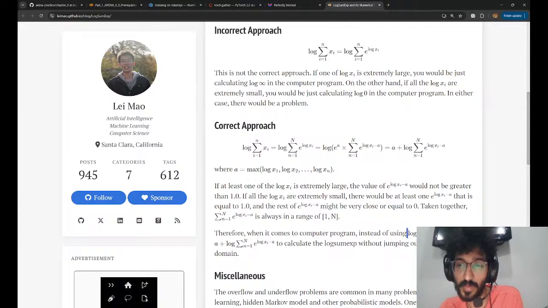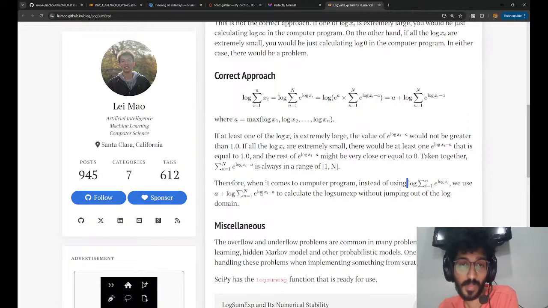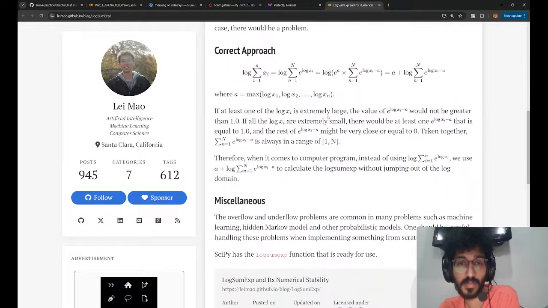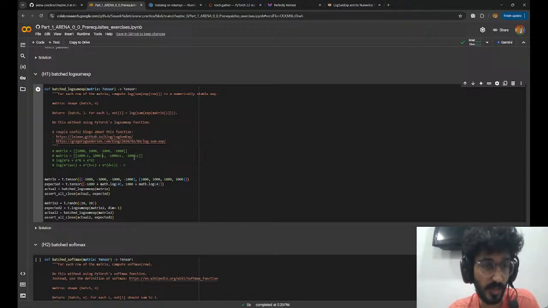Right, so this is log of sum of exponents. And what you need to do is take the max, subtract it, so what you need to do is something like this, I guess,